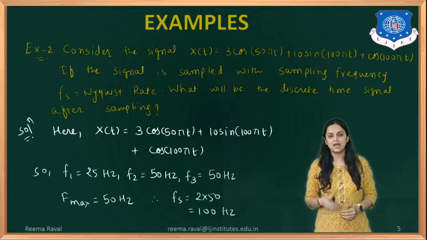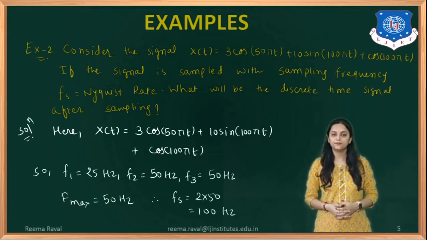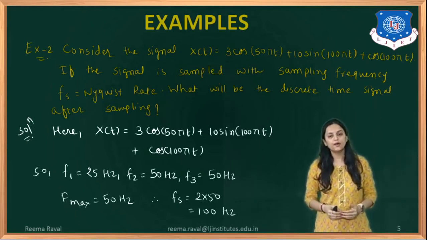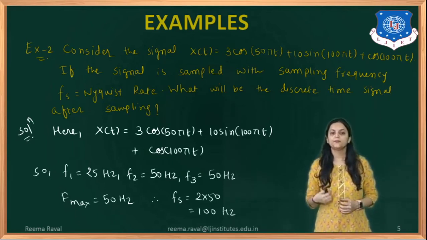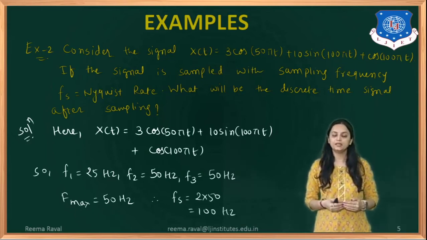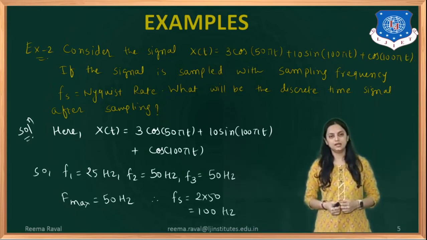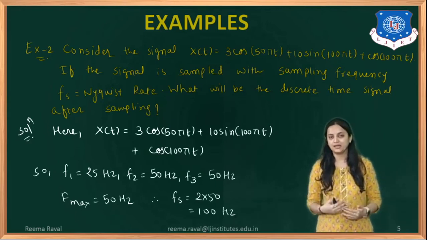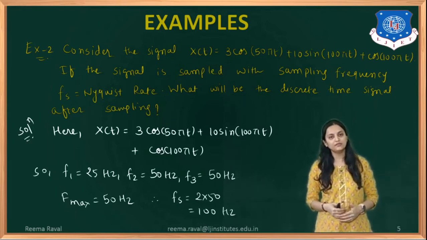If the signal is sampled with sampling frequency Fs, which is equal to the Nyquist rate, what will be the discrete time signal after sampling? Here it is asked to find the signal after sampling. So how can we start to solve this? First of all, let us compare the equation with our standard equations, that means to find the frequency values. From that we will find the maximum frequency value, and using that we will find the Nyquist